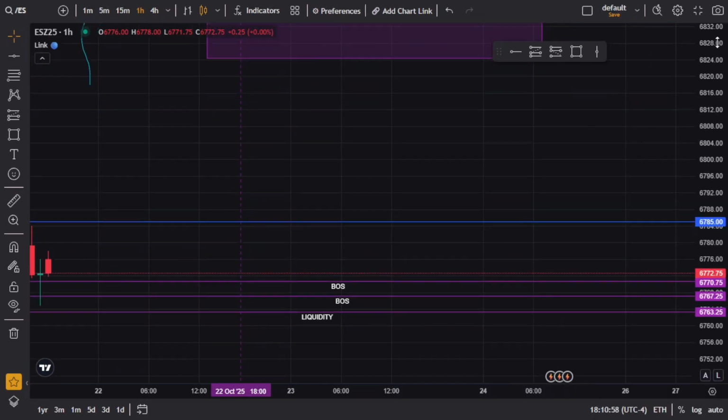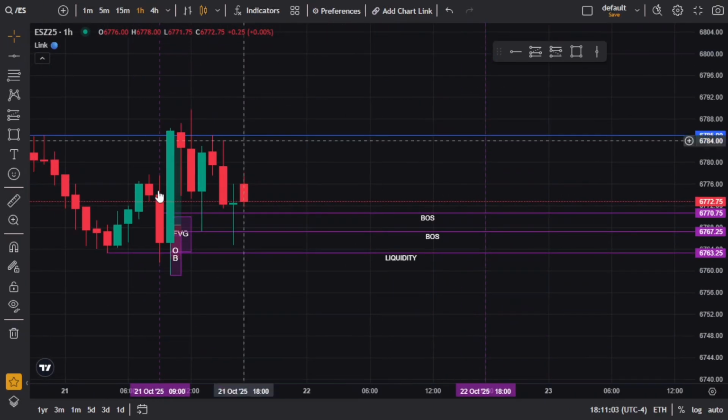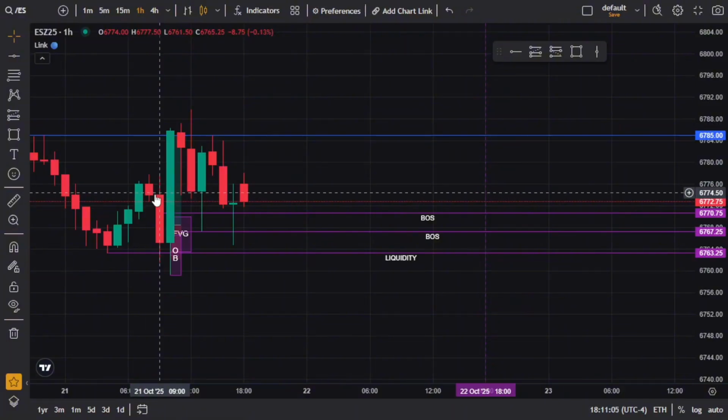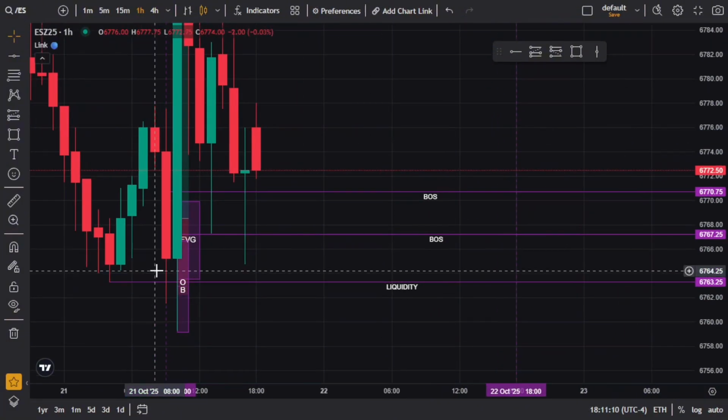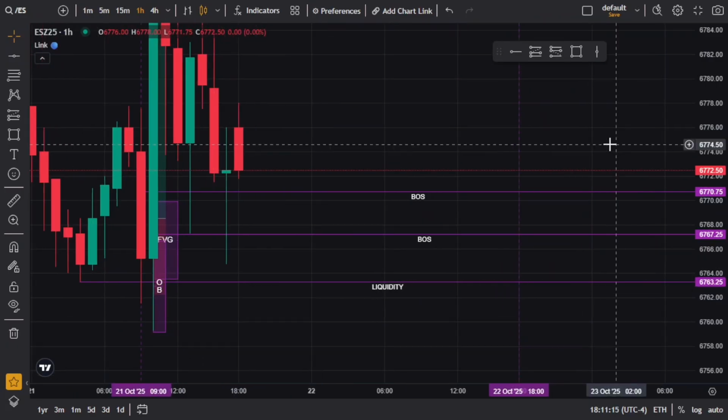Right? We're gonna mark out our previous lows. If we're in an uptrend, we're gonna mark out lows that haven't been swept yet. So market opened here. The candle was open here, meaning this hasn't happened yet. Right? We're gonna wait on the 1 hour. We're gonna mark out our liquidity zones that we think are most likely gonna get hit because it's a low. Right? We wait for that to be hit.